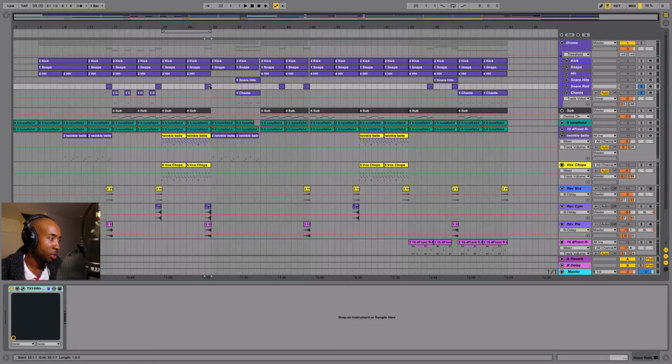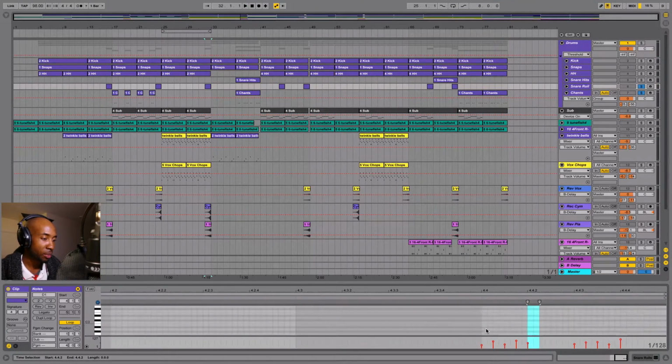Just to show you what that looks like, it's literally a case of making sure your grid is small enough and putting the MIDI notes in here. And what I've done is I've adjusted the velocity to give it more of a natural feel. So I've got the velocity a bit lower on some. Okay, so moving on, I've got